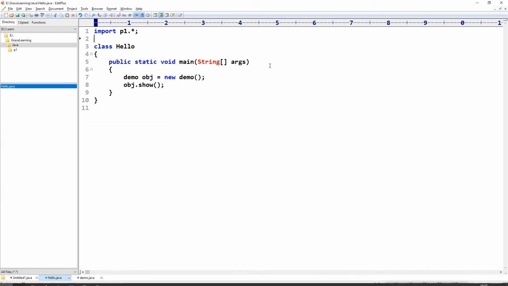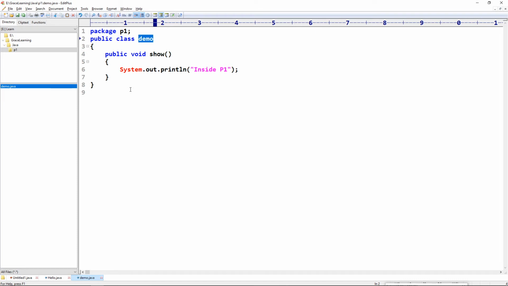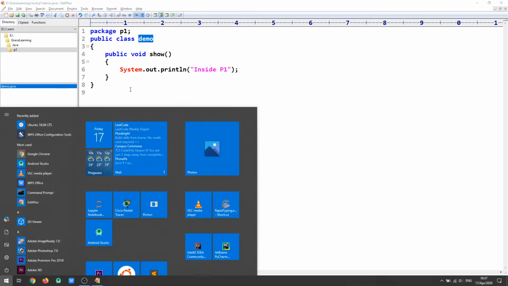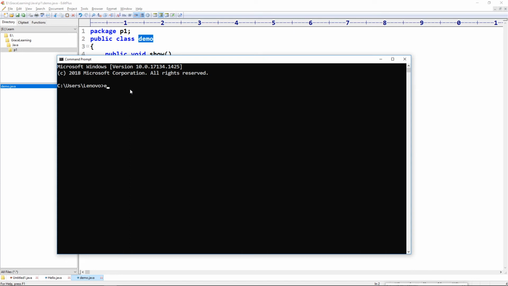Before that, we have defined one package here inside the p1. So first we will compile the package like this. Okay, we have compiled the package file, and there is no need to run this class.